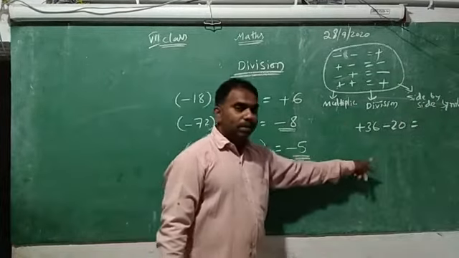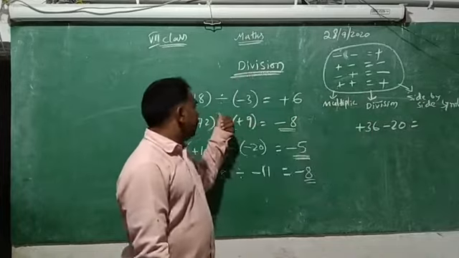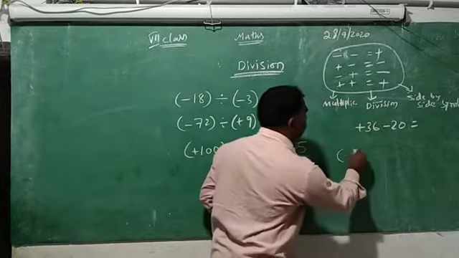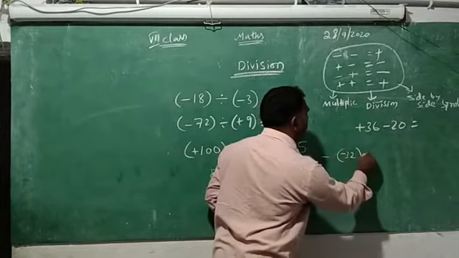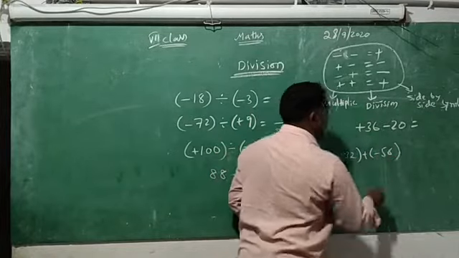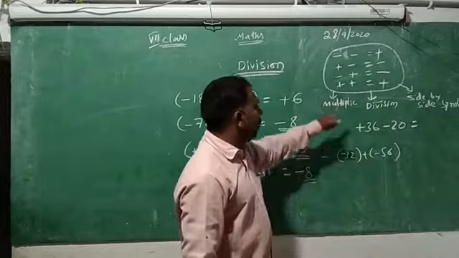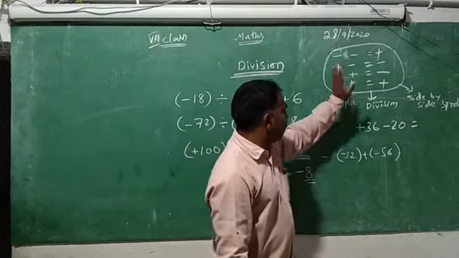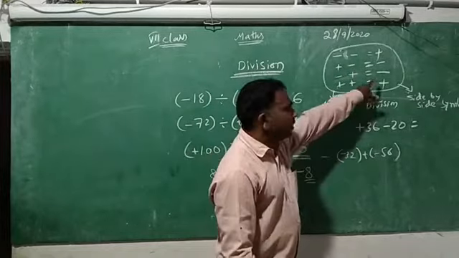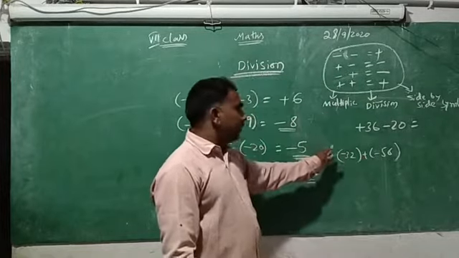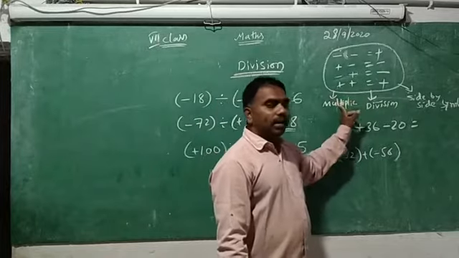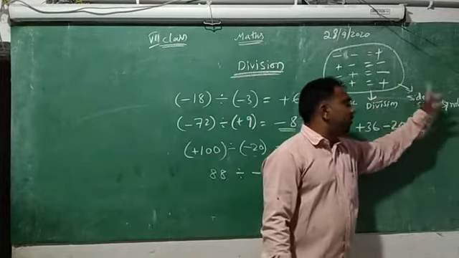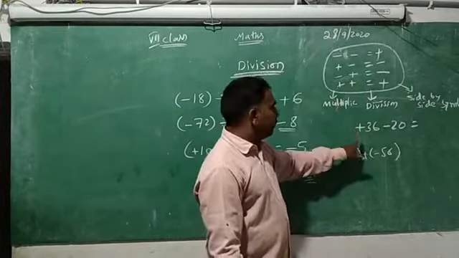Side by side symbols. In these 3 situations only we have to use the combination. In multiplication we can use, in division we can use, and side by side. Side by side means when we are removing the bracket, you see. This time also you can use this combination. Here side by side symbols are there. That's why minus and minus will become plus, plus and minus will become minus. Only at that time: at the time of multiplication, at the time of division, and at the time of side by side symbols. Not in this time.